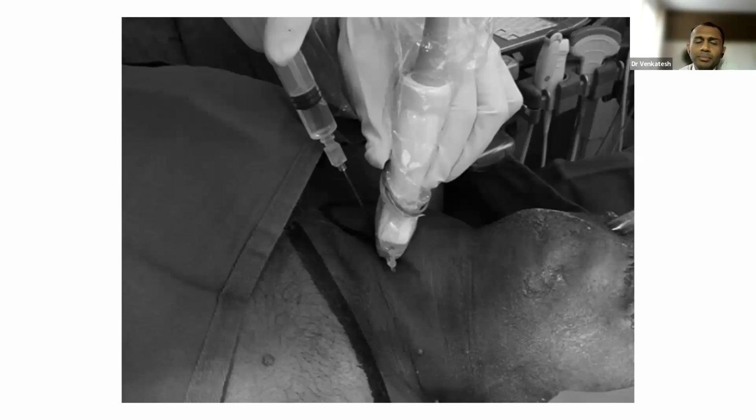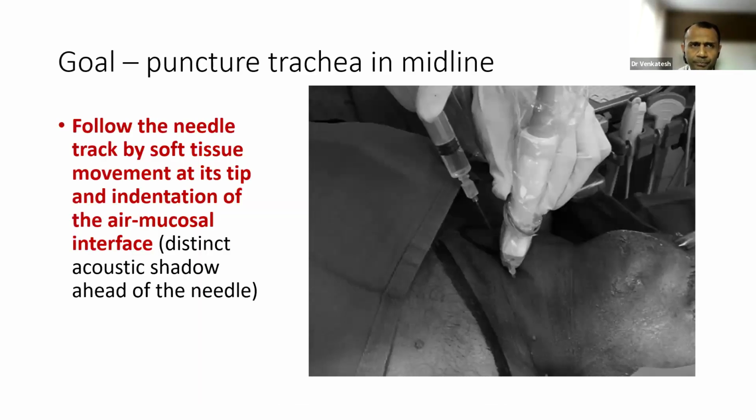So this is how the probe is held in your left hand. Make sure that you are supporting your left hand on the chin of the patient or somewhere, and you are entering with your right hand. I always suggest holding the needle hub rather than the syringe. We will get better stability. So the goal is to puncture the trachea in the midline. You have to follow the needle track. See, in the transverse axis, you will not be able to see the needle. You will be seeing only the needle track. Make sure that you follow the needle track by the soft tissue